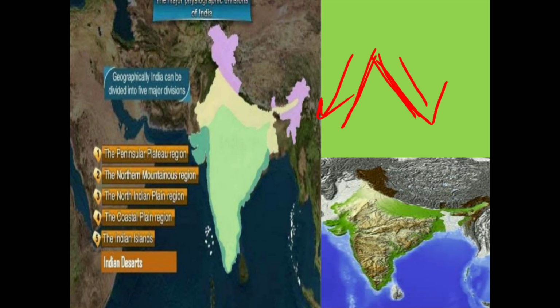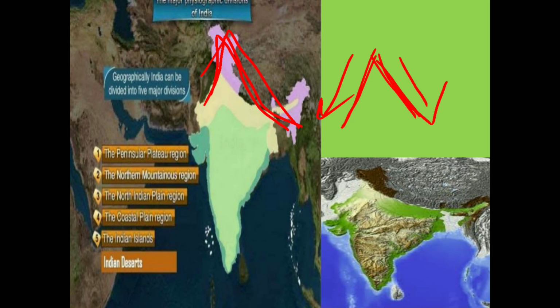In the north we have the Great Indian Himalayan range. This range has some of the highest mountains in the world, and the peaks of most of the Himalayan mountains are covered with snow throughout the year. The highest mountain in the world is Mount Everest, which is also a part of this Great Himalayan range.